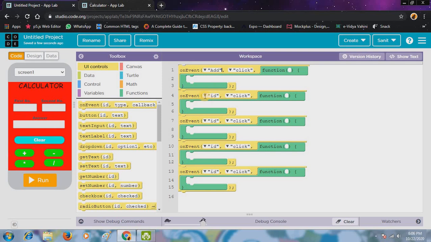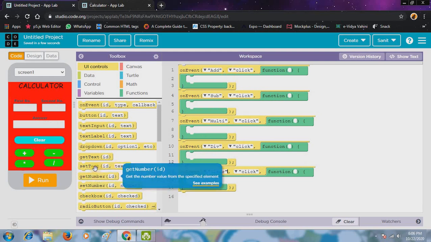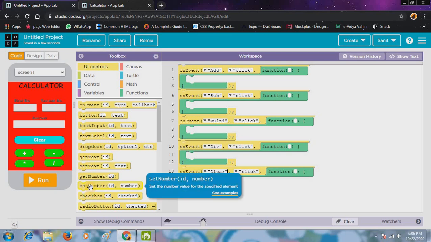Click means when we press add. If we click on subtract, if we click on multiplication, if we click on division, and if we click on clear. So 5 codes. So if we click on add, what will happen? So we will take set number.